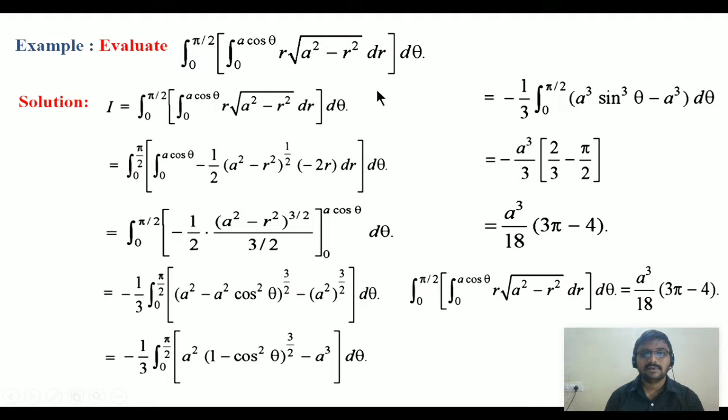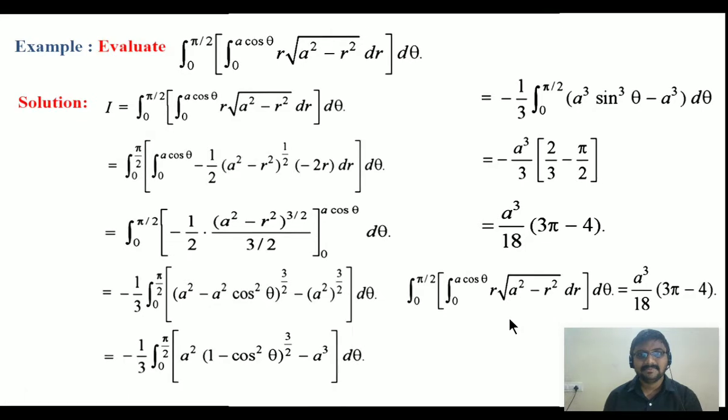So easily, we just have to apply integration first with respect to r and then θ. We have to know the formula: integral of [f(x)]ⁿ f′(x) dx is [f(x)]ⁿ⁺¹/(n+1), where f(x) is a² − r², n is 1/2 and f′(x) is −2r. So using the formula, substituting upper limit and lower limit, the double integration clearly becomes a single integration. Evaluating the single integration, we can get the result as a constant.